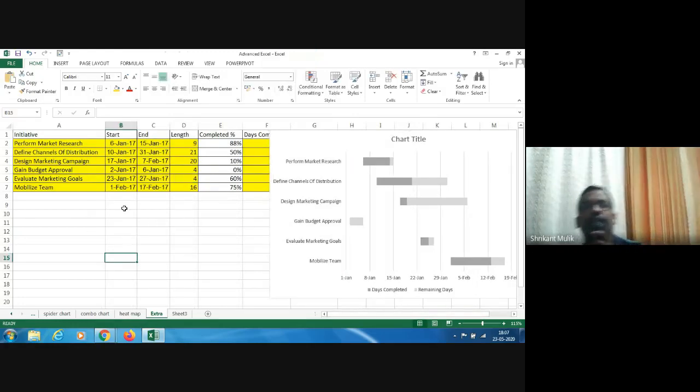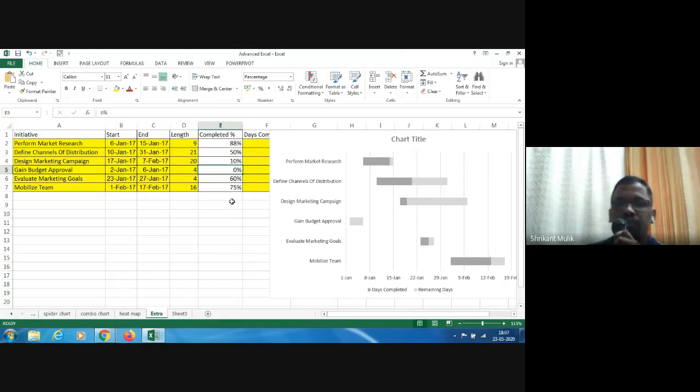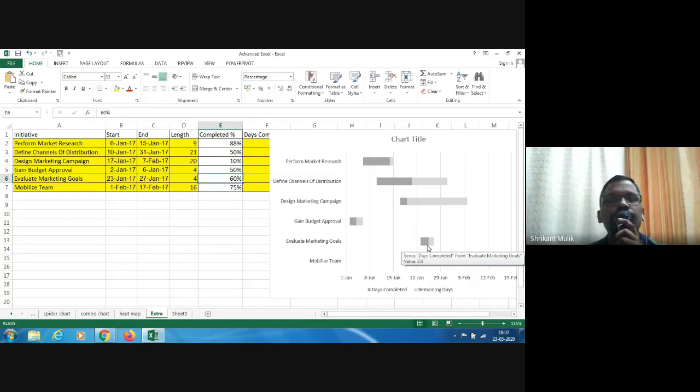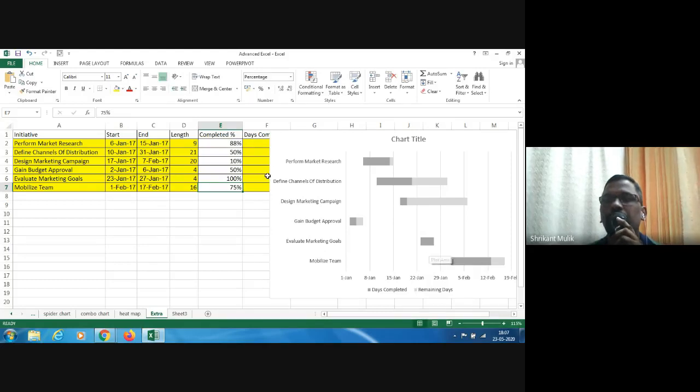Okay, and now again we change things here. But gain budget approval was supposed to be started and finished, but not yet finished. Now it is done 50%. You see that change out here, right? Evaluate marketing graph. It is 60%. Let us say it is 100% done now. Okay, it is done like this. Okay, so any changes that you make here will start reflecting out here,